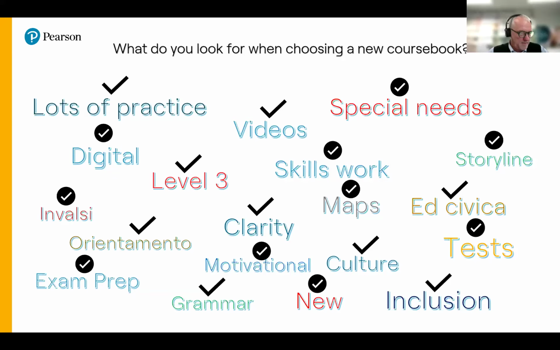Okay, so I hope I'm sticking to time. According to my watch, we've got 1 minute, and I'm going to take 59 seconds to tell you this. When you're looking for a new course book, these are generally the kind of things that you are looking for: lots of practice, material for special needs, videos. Hopefully in the course of what you've seen over the last hour, you've seen that we are offering all of these. So I'd really like you to take a good look at Act Smart and make a great decision for what you want to use next year.